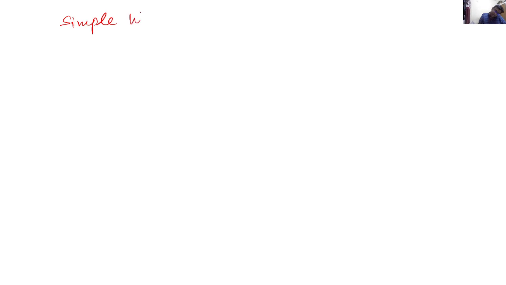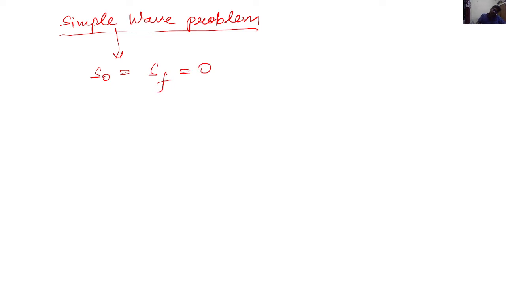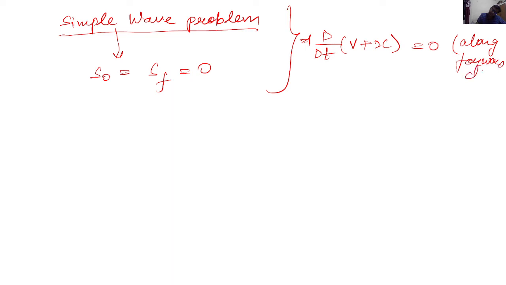So a simple wave problem is nothing but just taking the bed slope equal to the friction slope equal to 0. So the same equations apply. We are just neglecting or cancelling out the terms on the right hand side in the method of characteristics. So the method of characteristics would look like d by dt of V plus 2C equal to 0 along the forward characteristic, and d by dt of V minus 2C equal to 0, which is the backward characteristic,